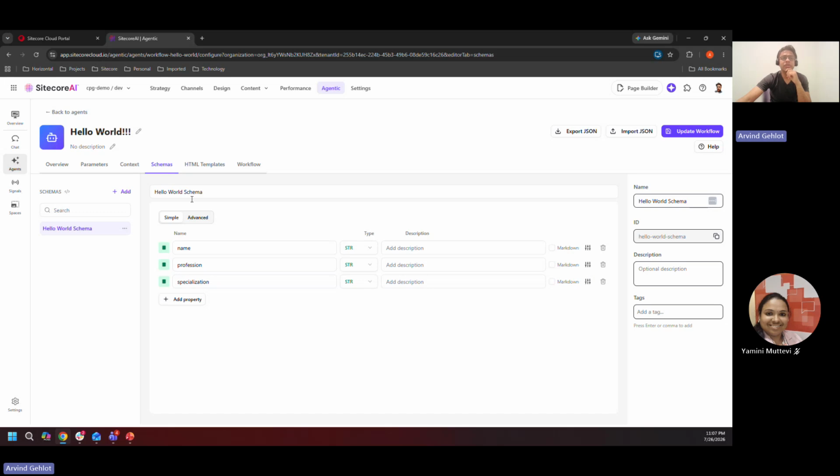So in this section, we are defining the schema of the output we are expecting from the agent. And once the agent has done its job, we will retrieve this information and show it differently